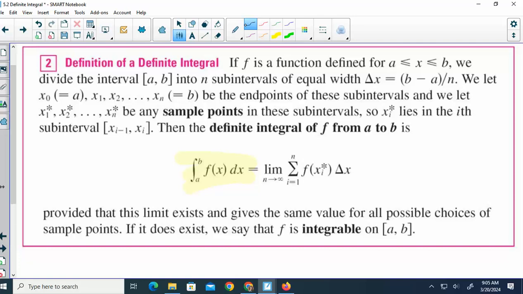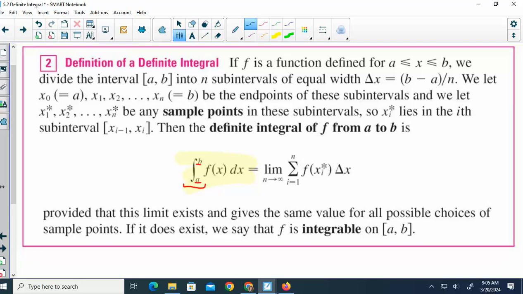And the definite integral has a starting point and a stopping point. So those would be on the interval. If I said we're going from 2 to 5 or 0 to 4, that's our a and b. A is where you start, b is where you end. Of your function times dx, which is like the change in x. And this means,